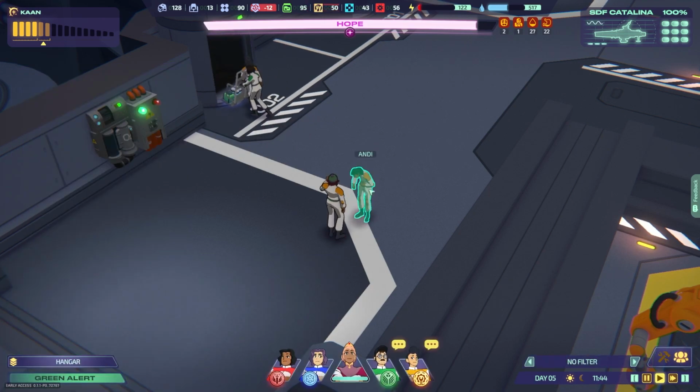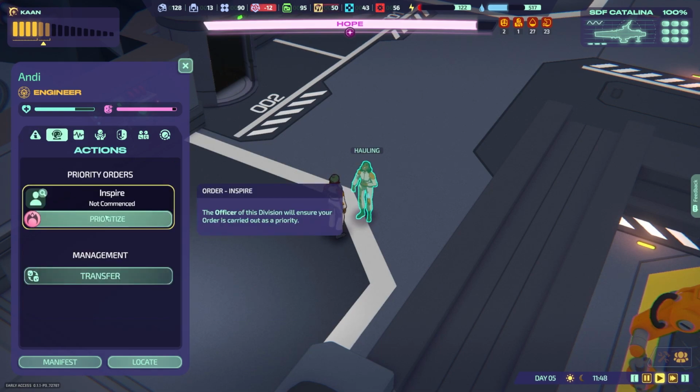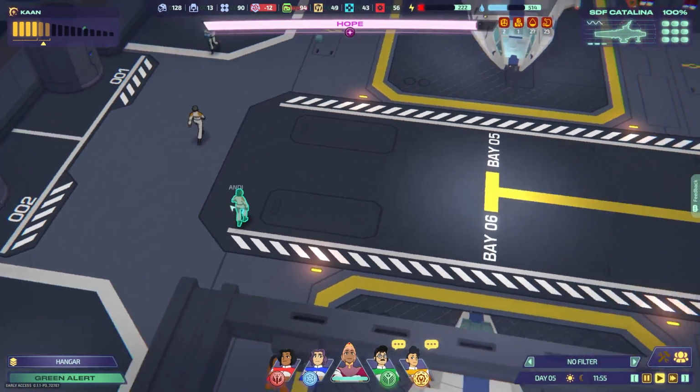Right click. No, that didn't do anything. I'm trying to, like, you know what I mean? Go get food. Inspire. Transfer. I don't know. I don't know how to get them to just go and have a break and go get some food, but